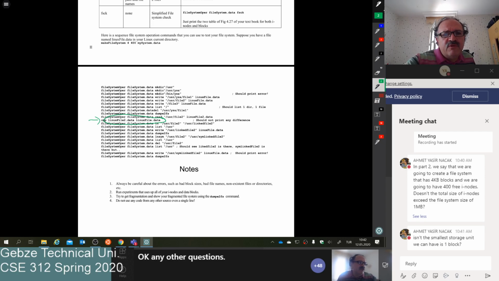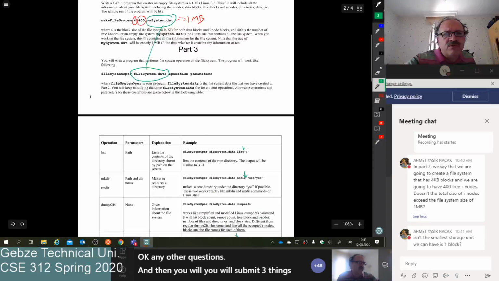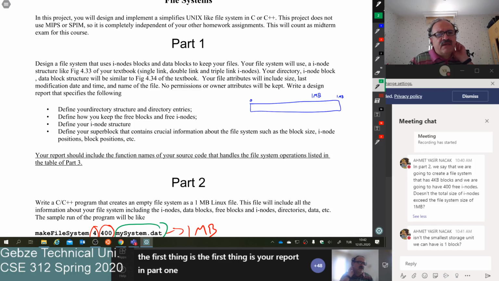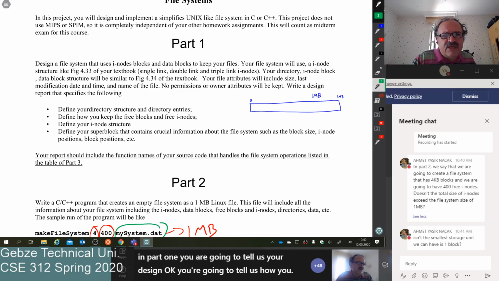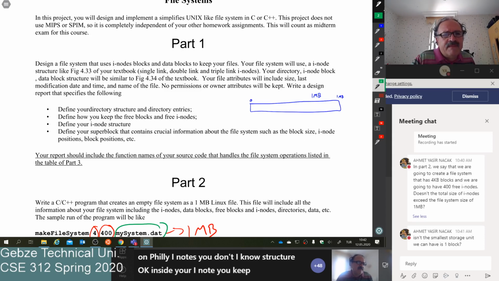And you will submit three things. The first thing is your report in part 1. You are going to tell us your design. Okay, you're going to tell us how you define your directory and how you keep your free blocks and free inodes, your inode structure. Inside your inode you keep your attributes and everything, right? And define your super block, what do you keep in your super block, etc. Okay, this is a very important part of the